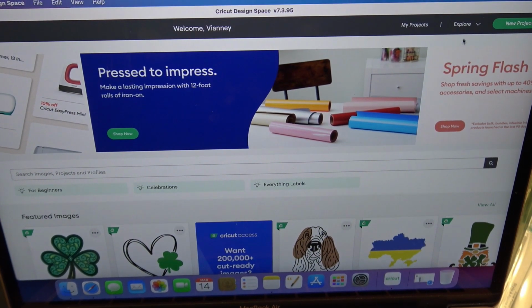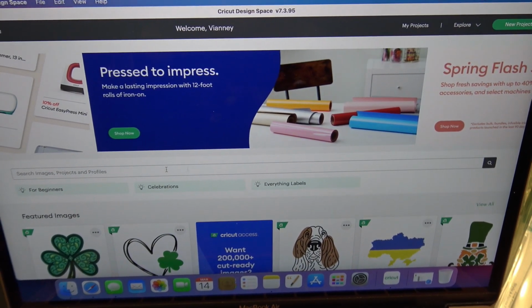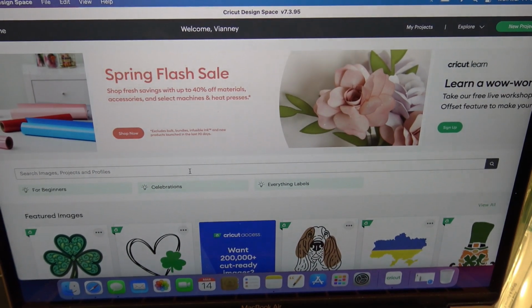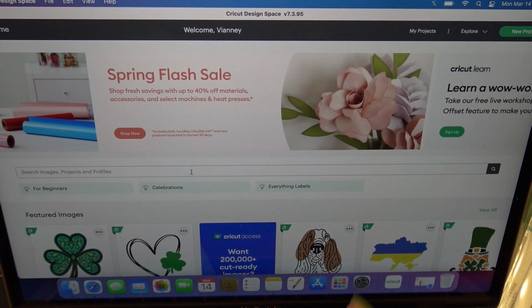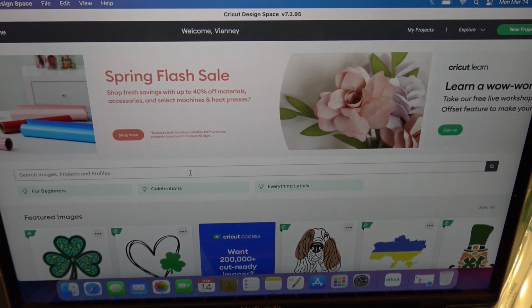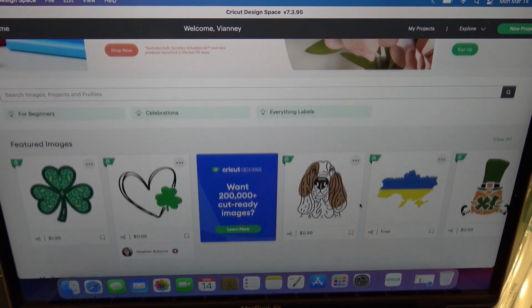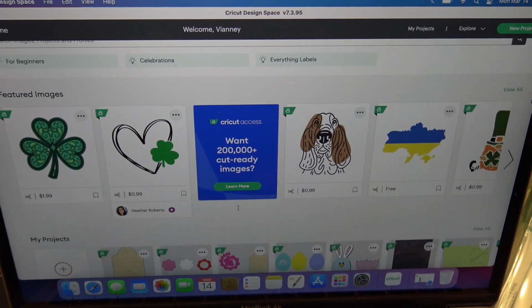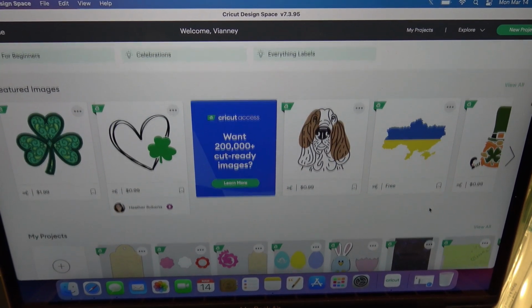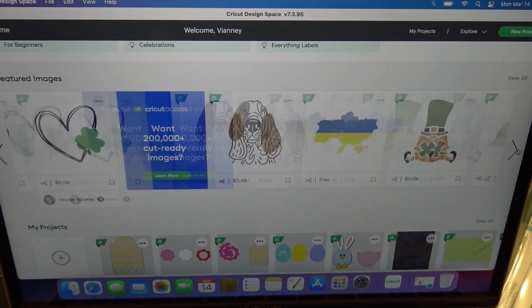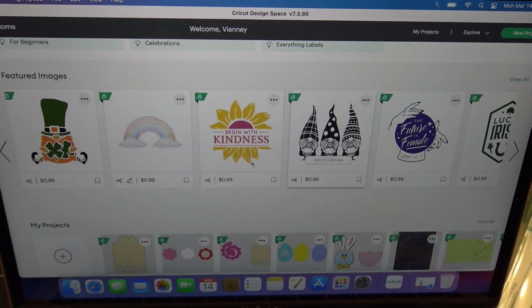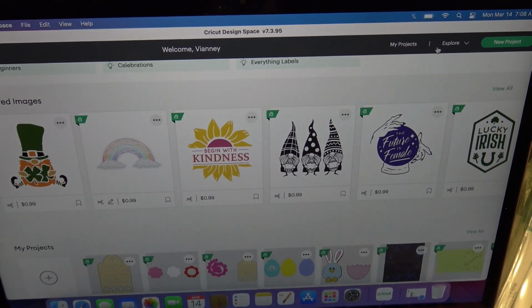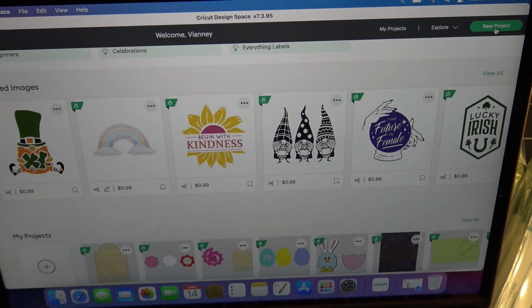I do want to make a couple mentions. So I'm going to make a new project, but you can always search right here at the beginning for projects or images, whatever you want, and then you add it to the canvas that way. And sometimes they'll lead with things that are free, or like this, I'm assuming Ukraine there, and still praying for everyone out there. All these different things. But what I wanted to mention was when I click new project,